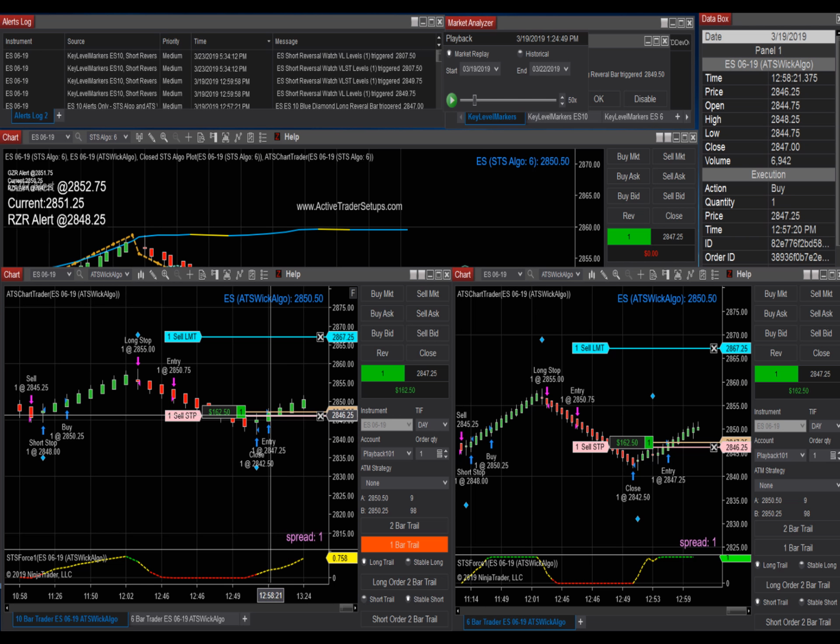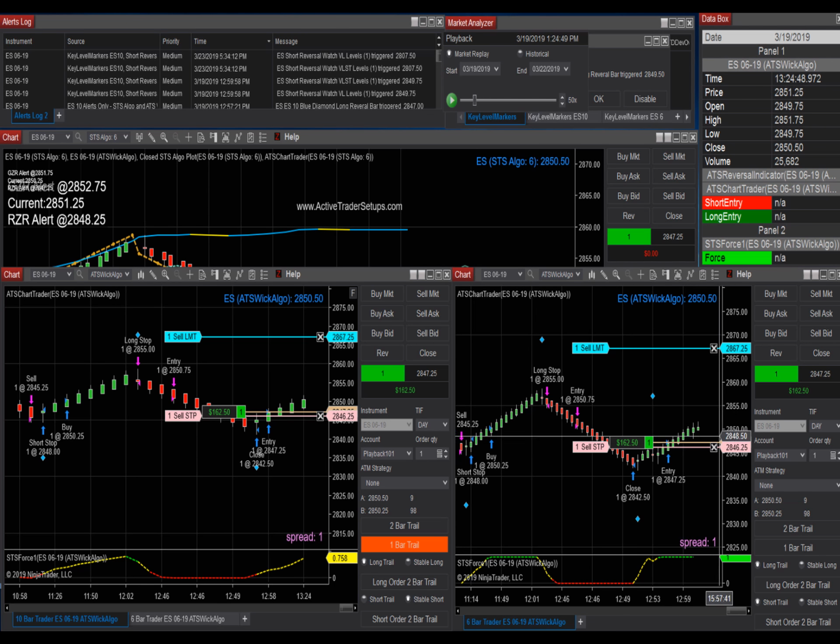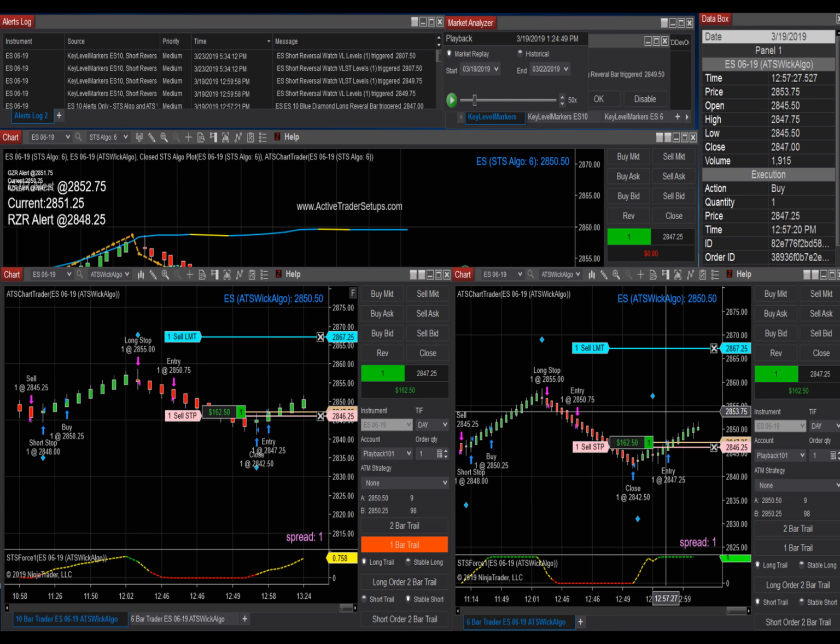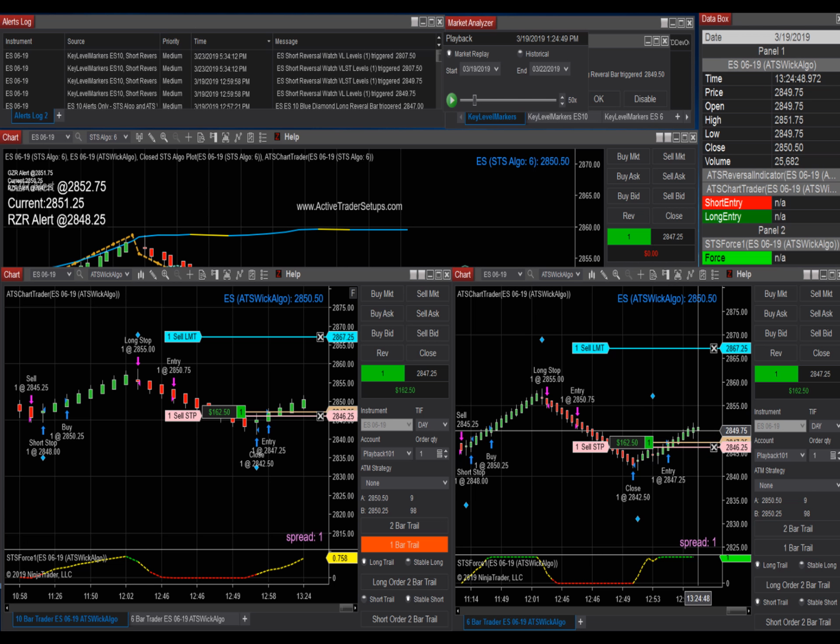Now you run the higher probability of getting stopped out on one of these little candles, because right here, if you already had that 2 bar trail, you'd have been out right there. Well, excuse me, it wouldn't have reached back that far because you'd have been down here. That wouldn't have gotten you on a 2 bar. That's why you don't want a 1 bar trail on this little chart. But as it's running up, now we want to protect,